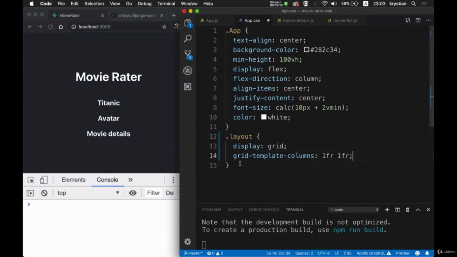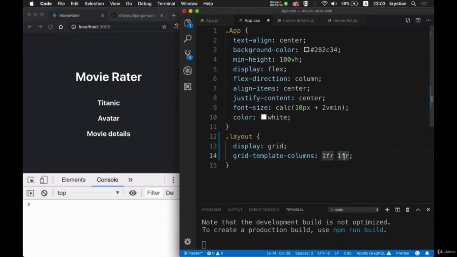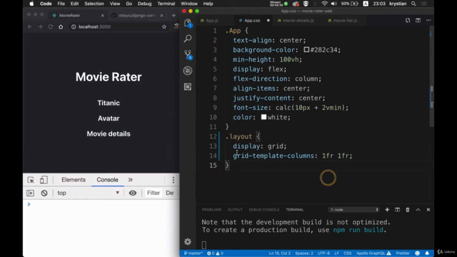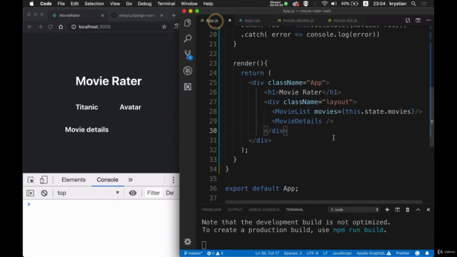Basically FR is a free space, so if I have two columns here and each of them takes one FR, that means they will take equal space. If I save it now, you can see this is on the left-hand side, and another one, well, actually we need to, something is wrong here,